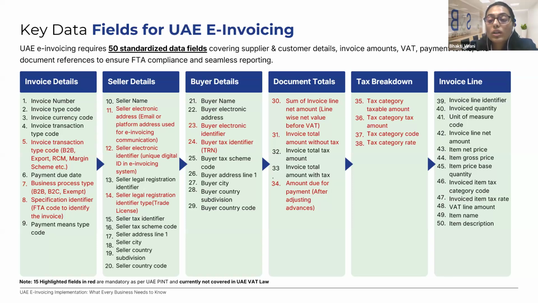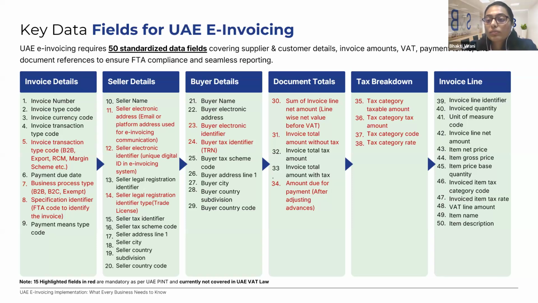But going forward, it is required that line by line, for every supply of goods or supply of services, we have a line item of what is the amount, what is the tax rate applied, what is the total value post tax, and also if there are any adjustments or discounts, we'll also have to capture that in the invoice. Then we have the tax breakdown, which will give the percentage of tax being charged, the tax code, the tax amount, etc.